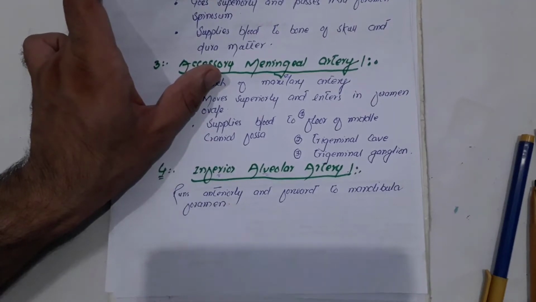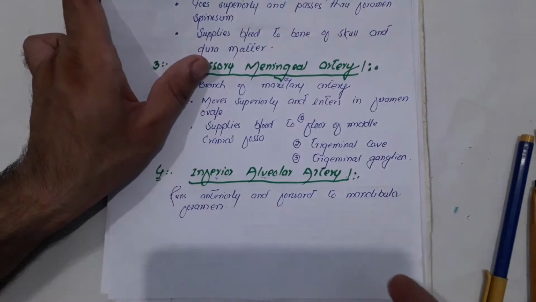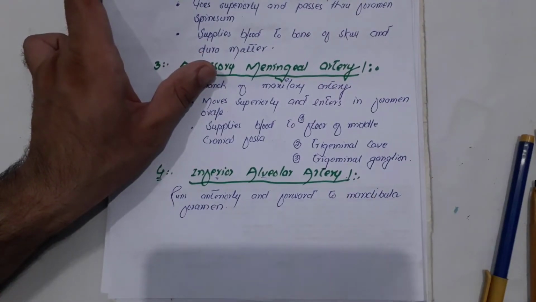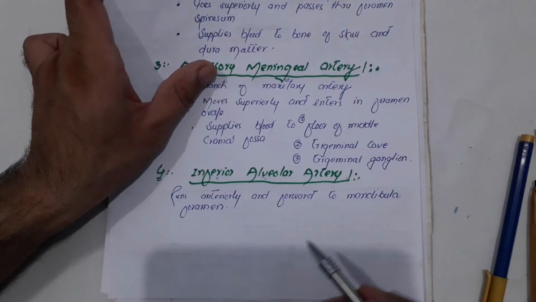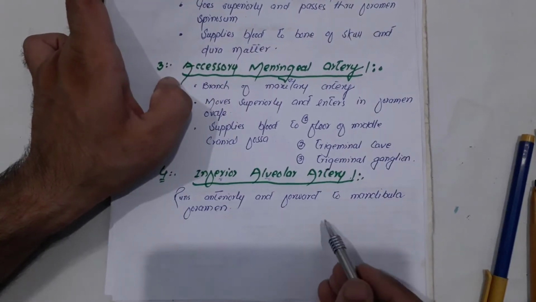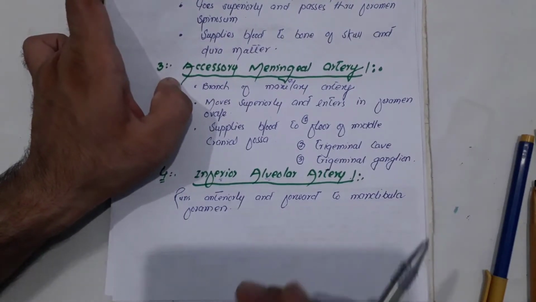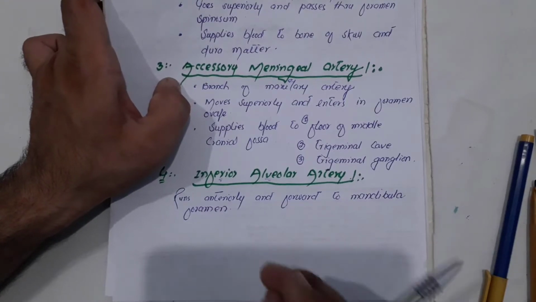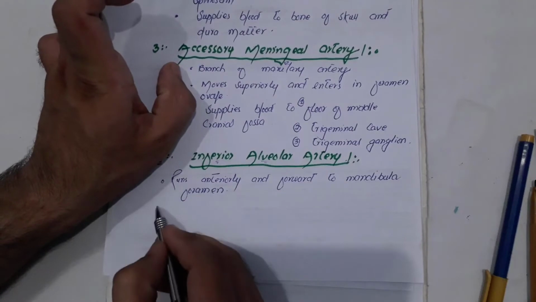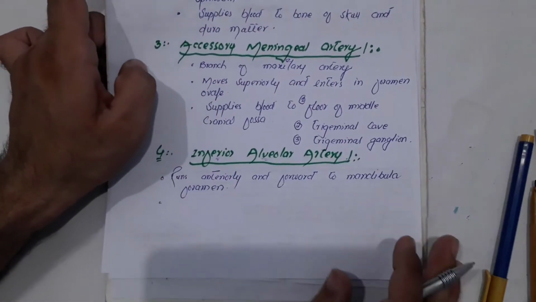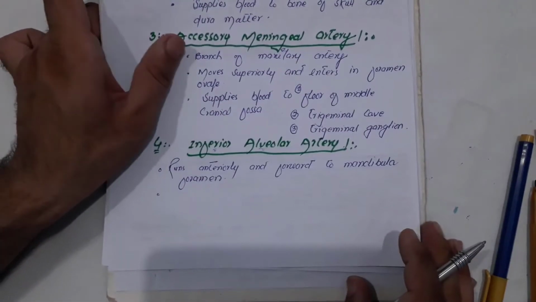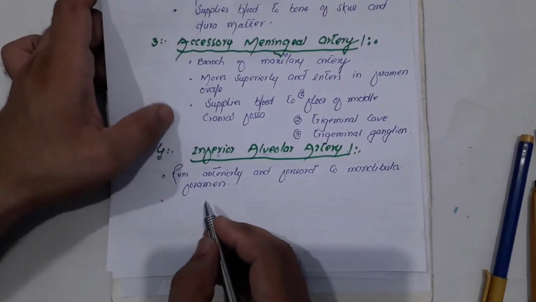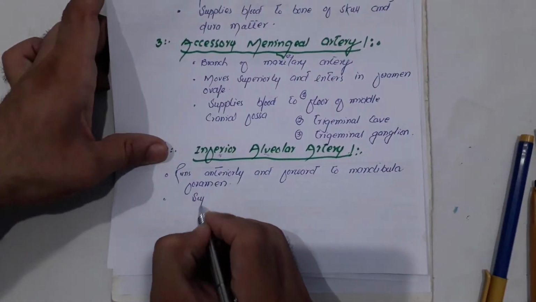Okay, then what does it do? It enters the mandibular foramen and supplies blood and gives off small branches to the mandibular teeth, to the body of mandible, and to the lower lip, also a very small branch, and to the mental region. We will see all these branches while we are explaining the diagram of these branches, right? So then what we say, it supplies blood